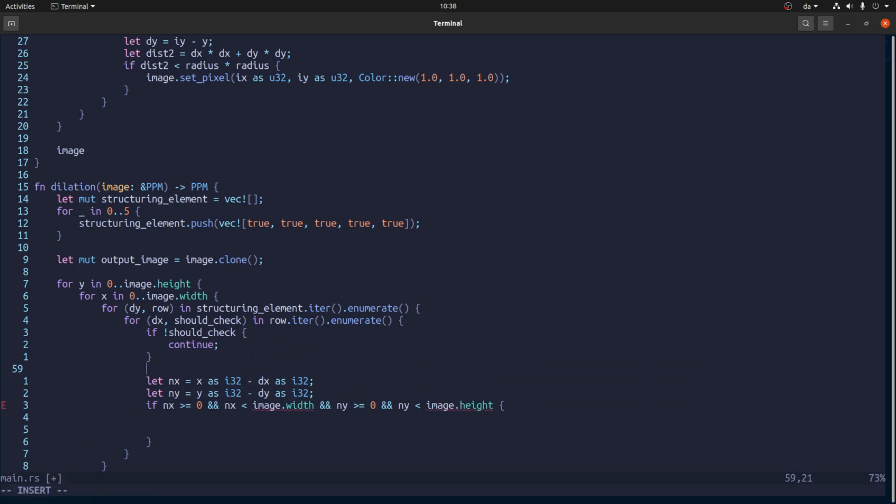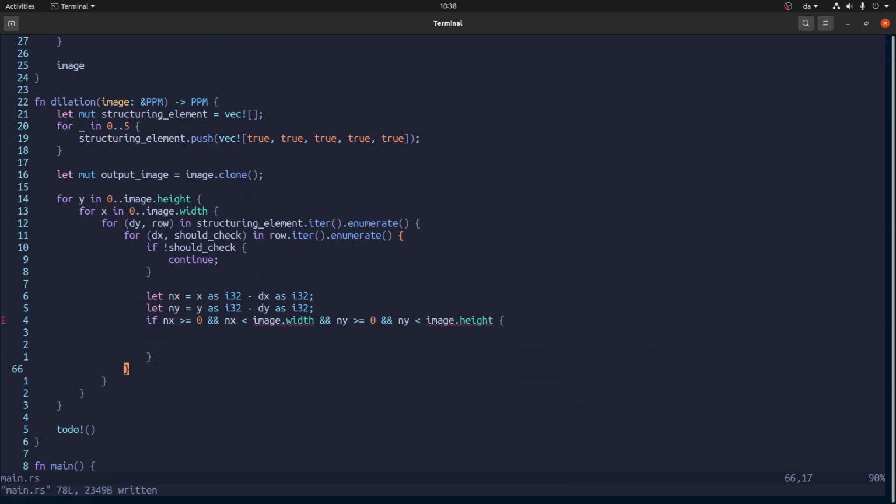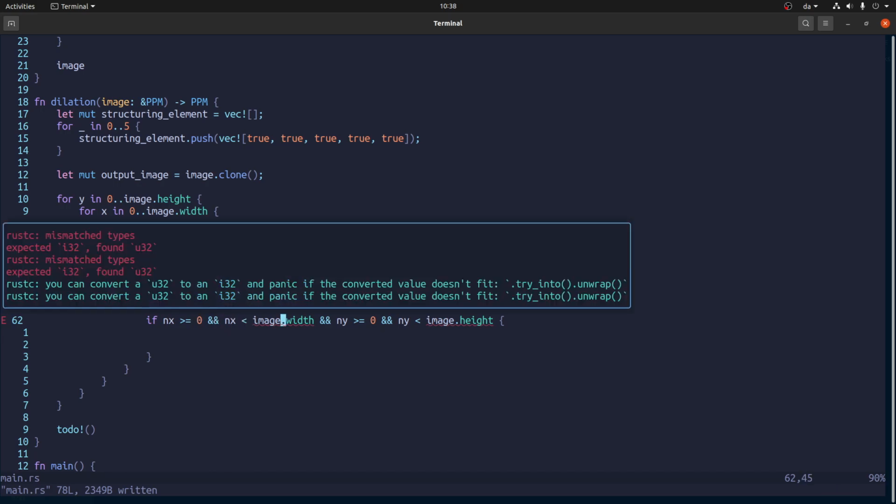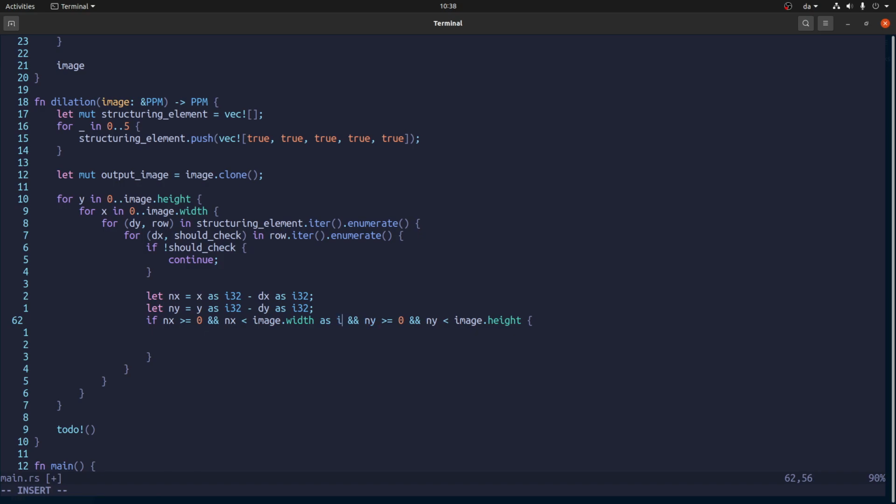Don't need to check this one. And this it doesn't like because it's an, okay, so we'll just convert it. Great. So if all of that is true, and we know we should check, then